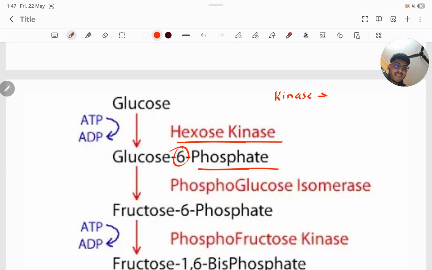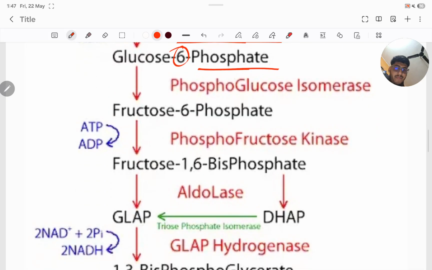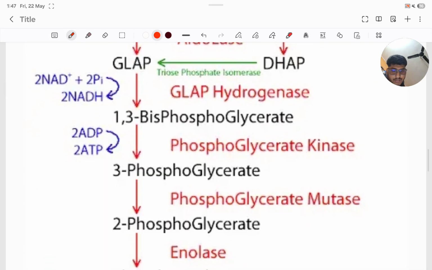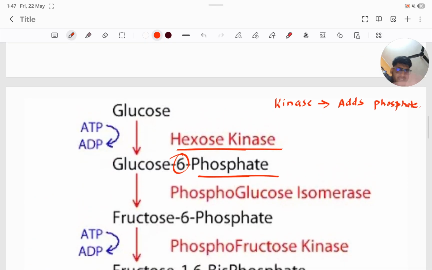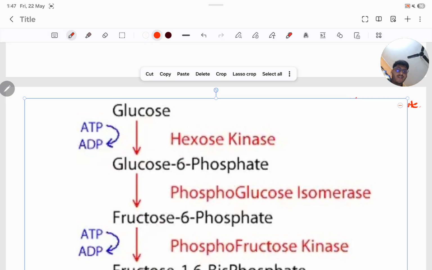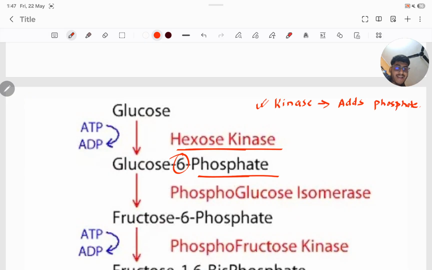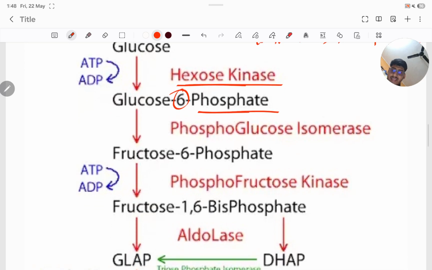One is the kinase, it adds a phosphate group, and there is another enzyme named phosphatase. There is nothing named phosphatase in the glycolysis. So just remember that kinase adds a phosphate group. Hexose means 6. In the position 6 it is adding, that's why hexokinase. Then